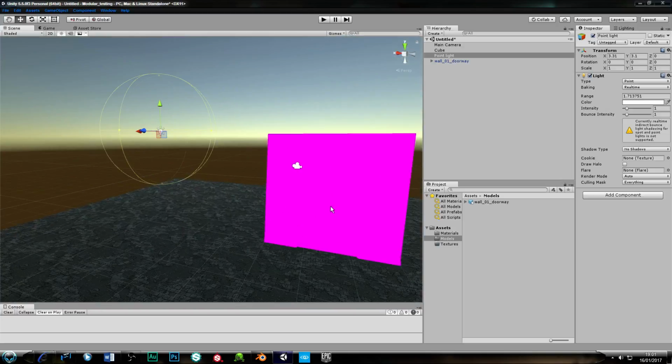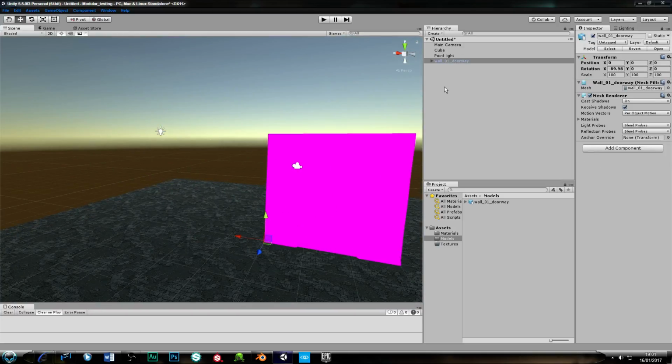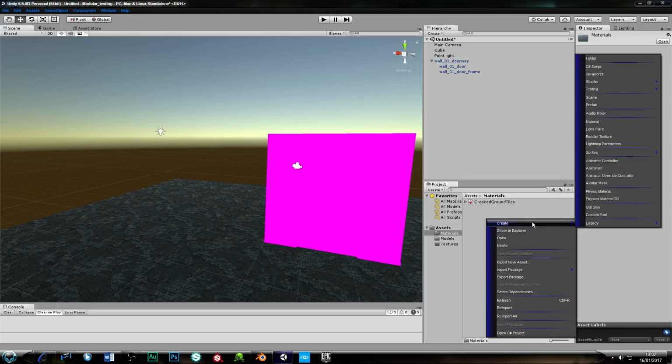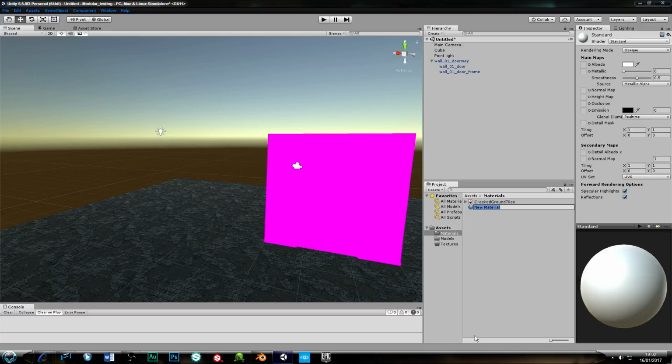Okay, so our door frame, doorway. You can see we have our three parts. We have our door, the frame, and then the main bit, which is the wall. Door frame, and then wall. So let's create a material for this. So we'll go into our materials folder. We shall right click, create, and we shall create material, and we shall call this wall